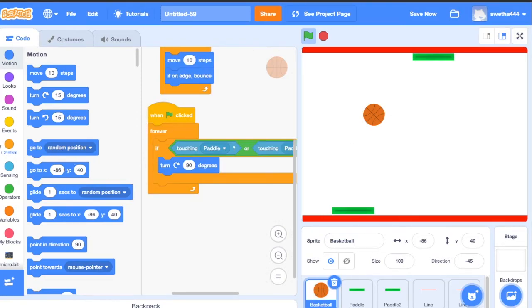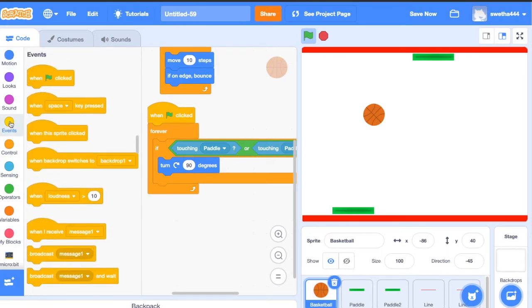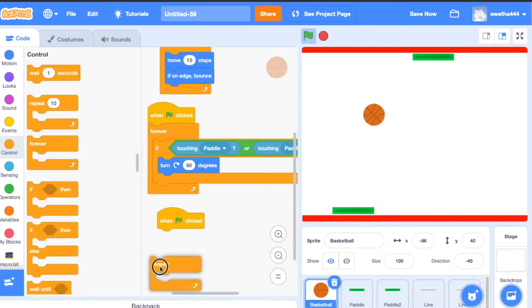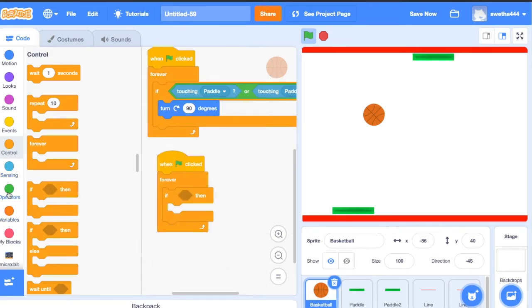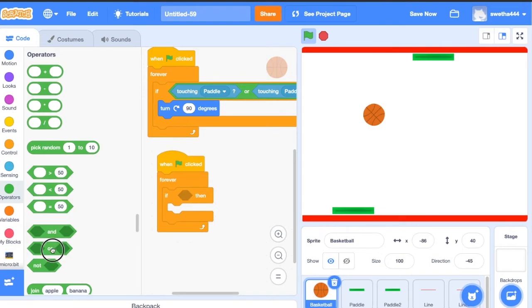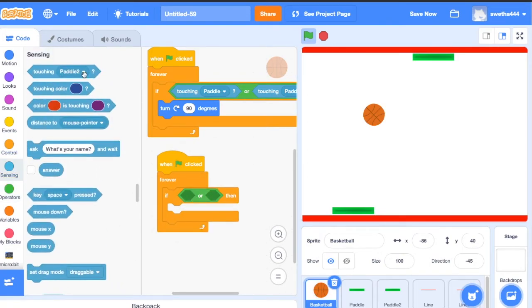Next, now let's write code when to stop the game. When green flag clicks, control forever, drag if condition, and just like before, click on operators, drag or, and click on sensing.